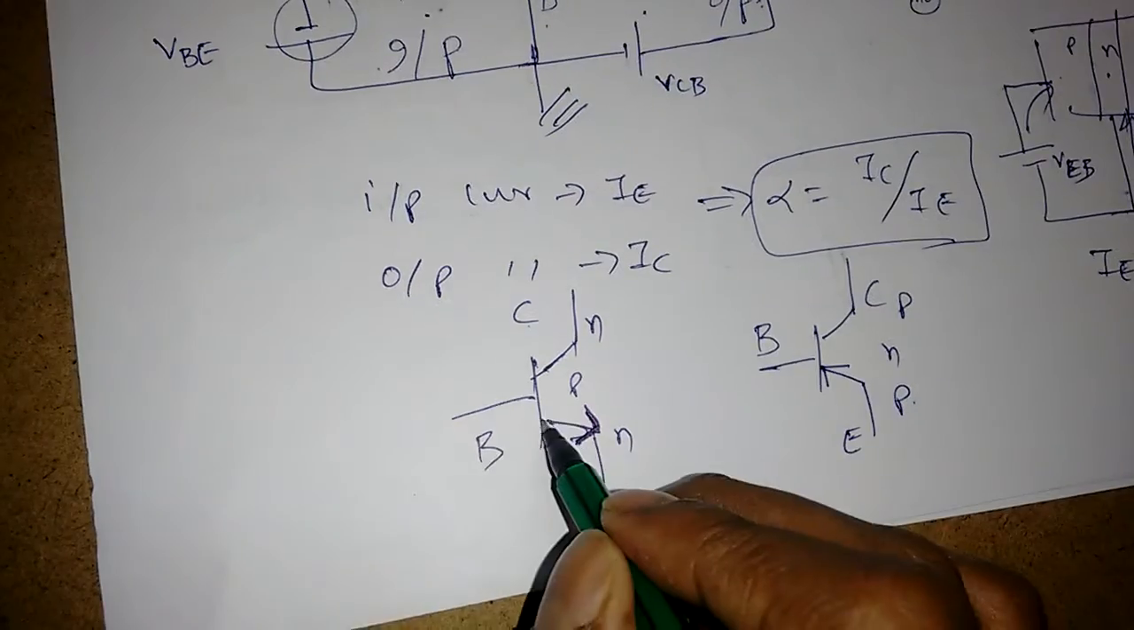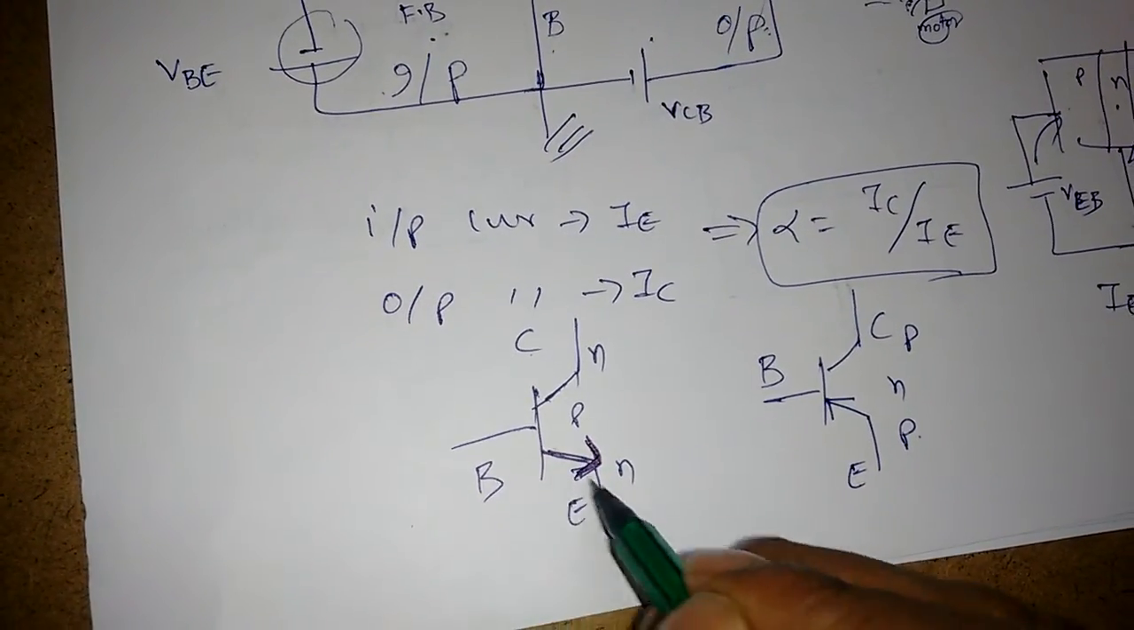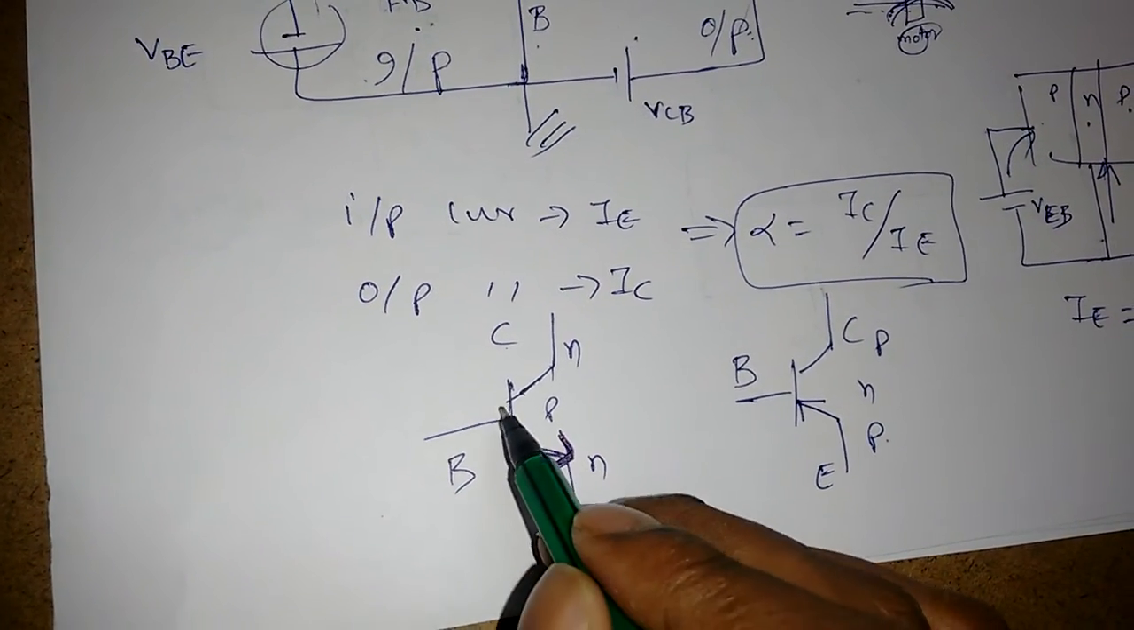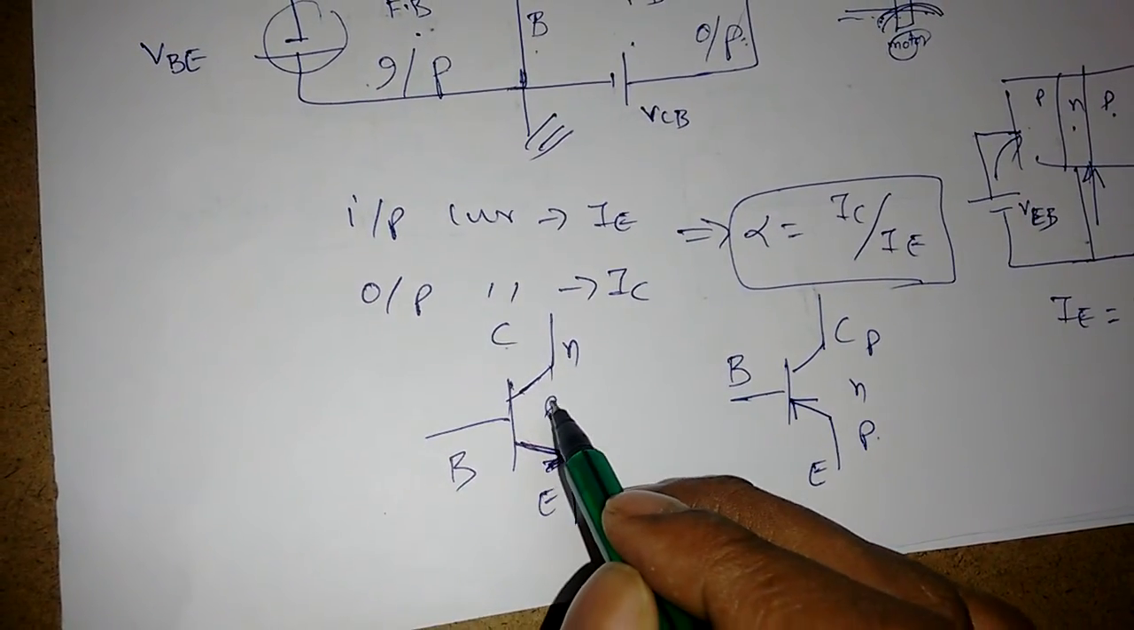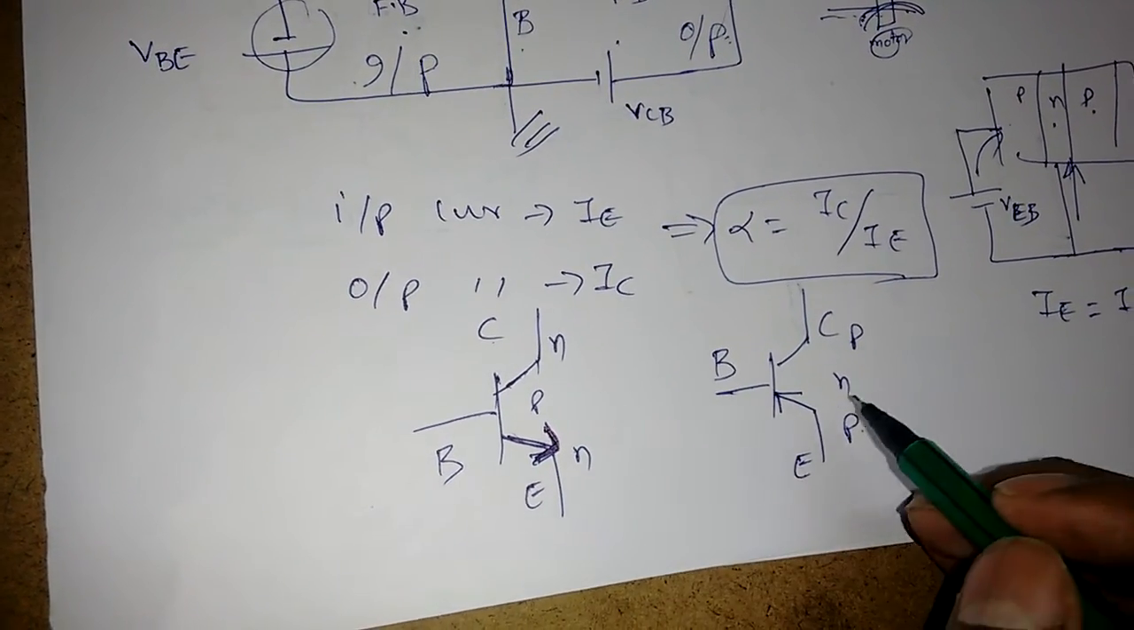Now why is the current direction downward in an NPN transistor? Because the emitter base junction is forward bias. So whenever the emitter base junction is forward bias, the current flows from P to N. So that's why the current direction is downward. Similarly here, whenever